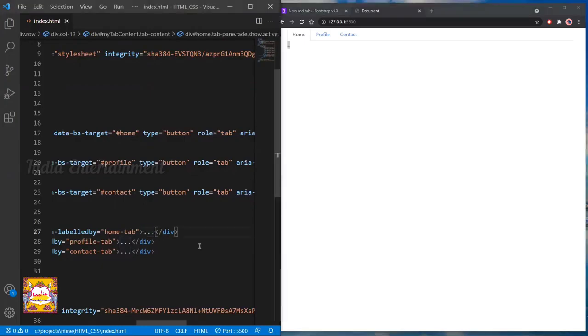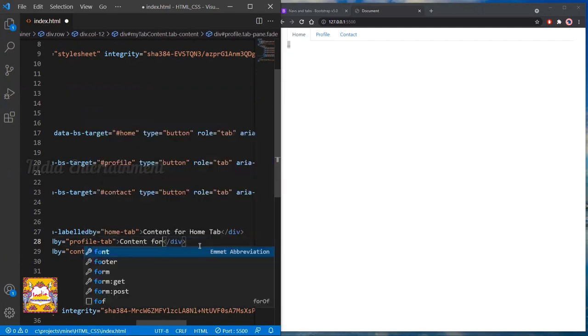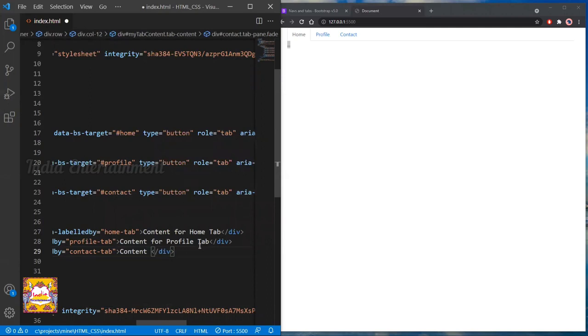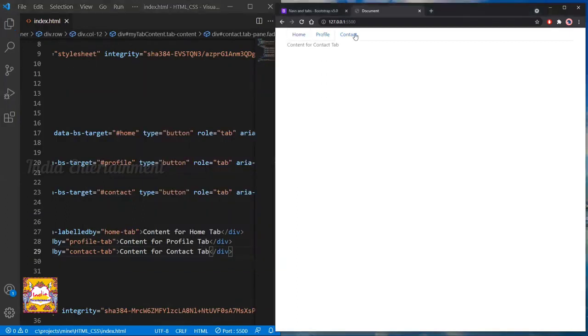So this is content for home tab, content for profile tab, and next one is content for contact tab. Saving this and you can see the changes here.